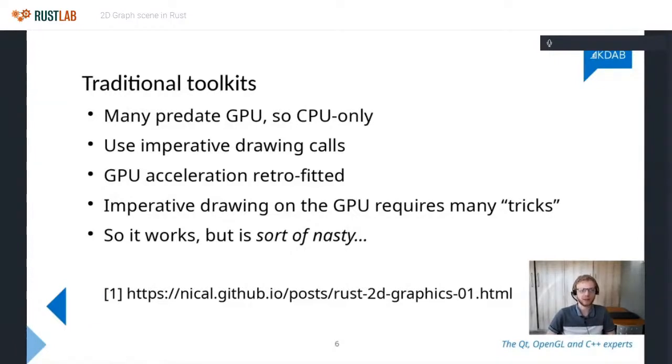And a key concept behind, as far as I know, basically all these libraries is that they are built on the concept of imperative drawing, where they send out commands like draw me a rectangle from point 0, 0 to point 100, 100, which is sort of a natural way of thinking about things, sending out drawing commands, or some people in the Qt world would call these painting commands.